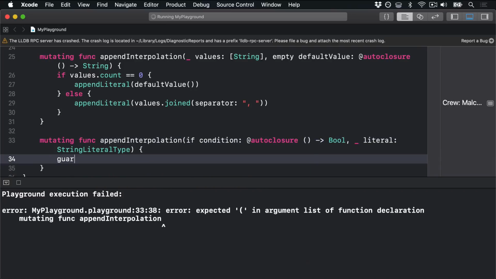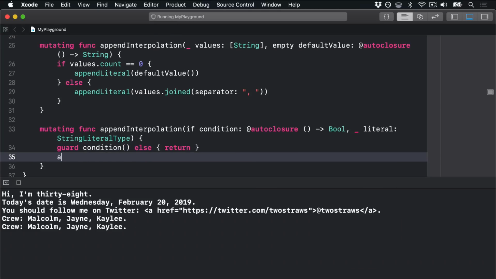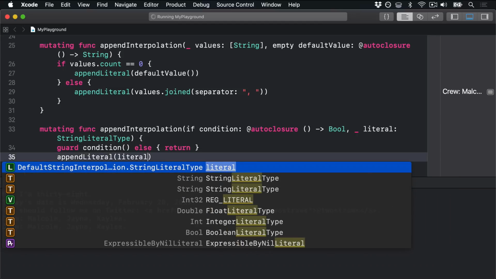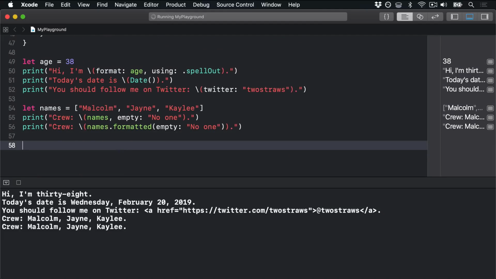Inside there we'll say guard condition else return, so get out immediately if our condition failed. And finally, append literal, the literal. So if it succeeds, append the actual string. So now down here, we can say let doesSwiftRock equal true,